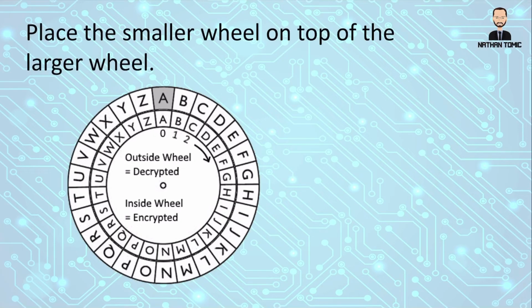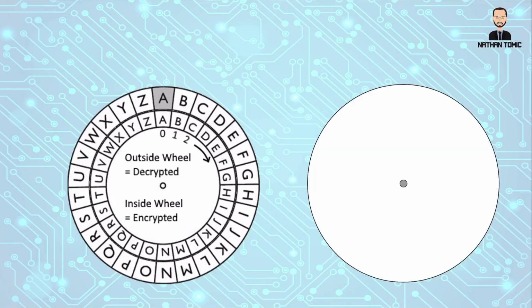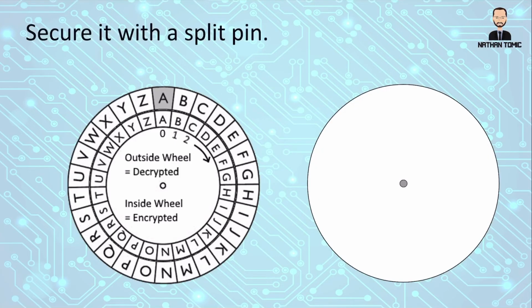Then using a pen or a pin or something like that, we can poke through the 2 holes together so that we can put through a split pin. If you haven't got a split pin, then you can just poke anything through that you like, or just basically hold them where they are, but it's obviously easier with a split pin